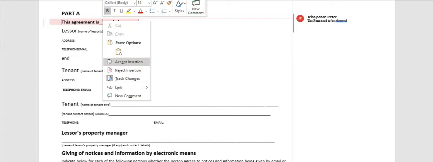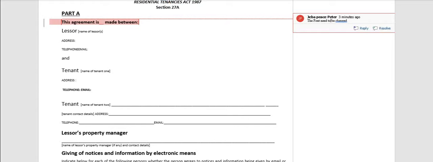So when you see a change you don't like, you place your cursor anywhere on the marked change. So you can either reject or accept. That's an option for accept insertion or reject insertion. So say the space needs to be there between, there should be two spaces,